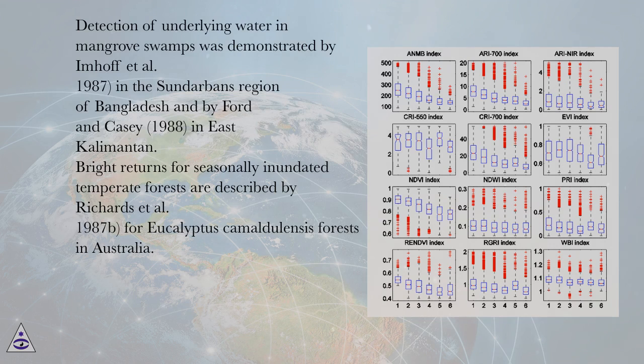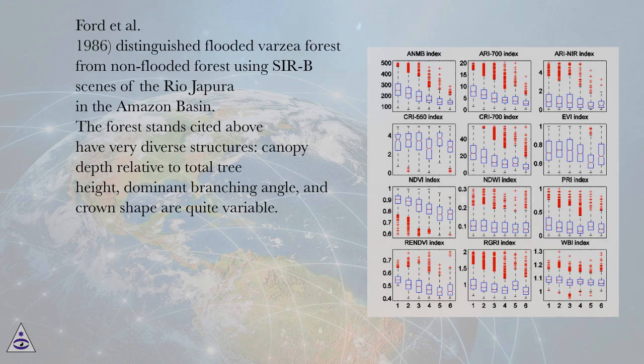1987, in the Sundarbans region of Bangladesh, and by Ford and Casey, 1988, in East Kalimantan. Bright returns for seasonally inundated temperate forests are described by Richards et al. 1987b, for Eucalyptus camaldulensis forests in Australia. Ford et al. 1986, distinguished flooded Varzea forest from non-flooded forest using survey scenes of the Rio Japura in the